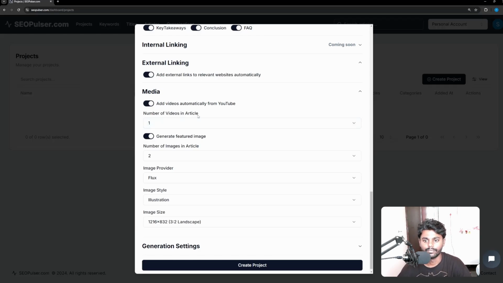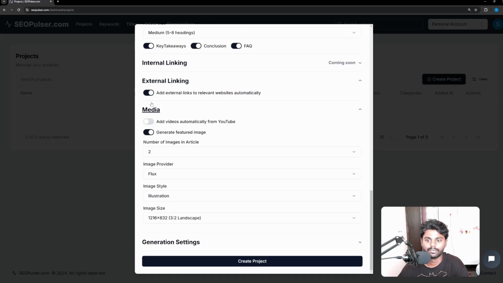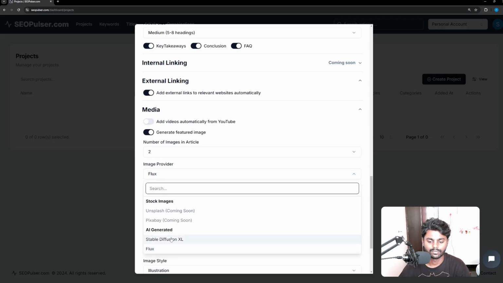And media, number of videos in your article: I don't need videos, because video indexing sometimes gets into problems. Now the generated feature image. I want a number of images in the article, yes, 2. Image provider: we can keep Flux or Stable Diffusion, which are models, I guess. Pixabay, okay. So guys, in future you will be having Pixabay and Unsplash,